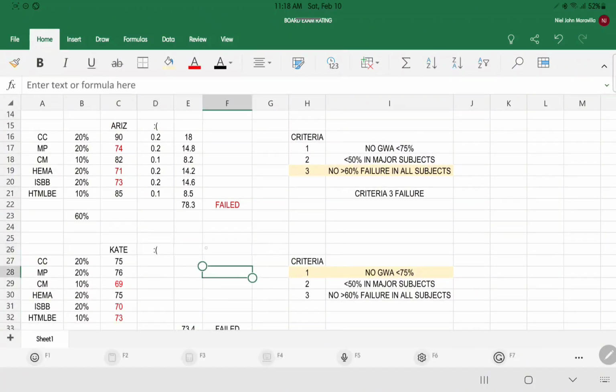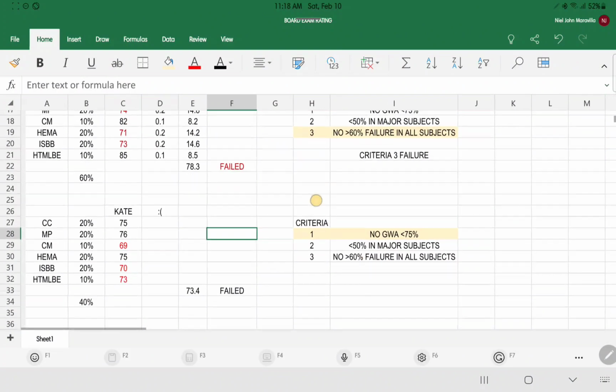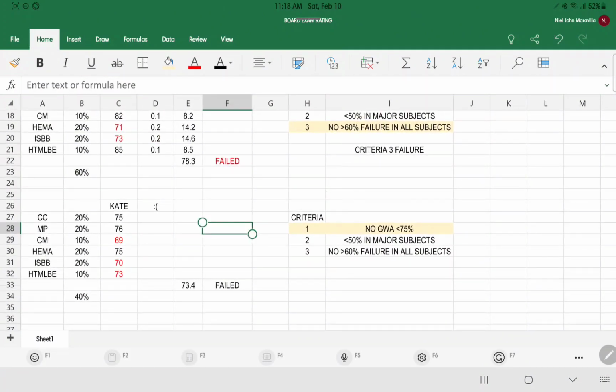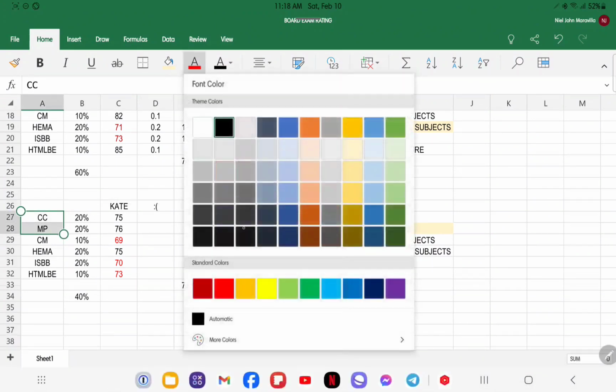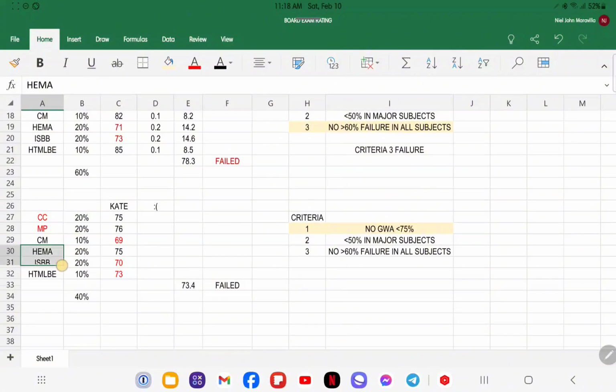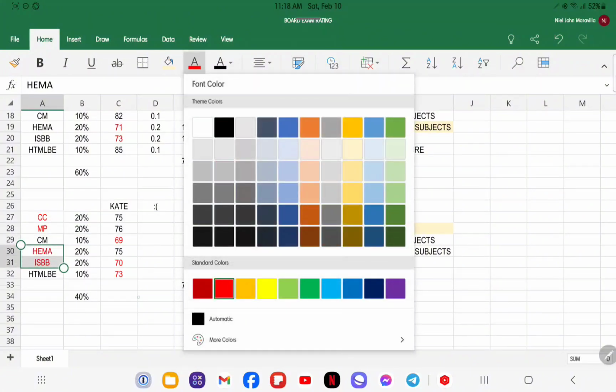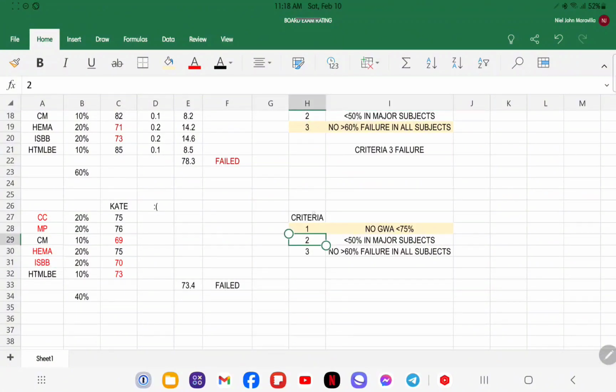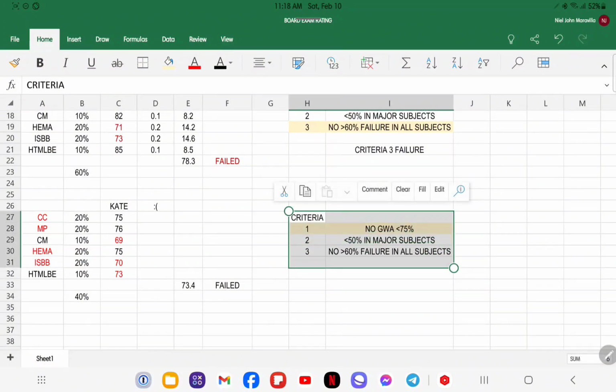Basta, tip lang before you take the exam, no? Since pwede naman ninyo sulatan yung questionnaire, ang advice ko lang is kindly highlight agad yung ating mga major subject para di na kayo mawala. Tapos, memorize ninyo dapat itong lahat ng criteria natin for easier for you to categorize it. What type of failure? Alam mo na failed siya, pero what type of failure po? Okay? Criteria 1, 2, 3 ba?